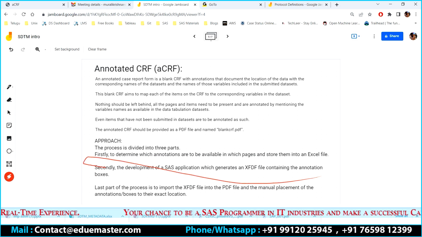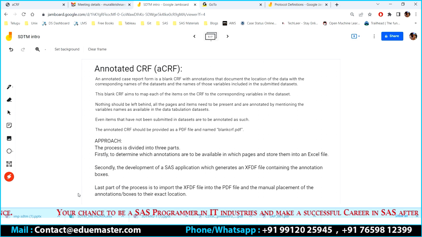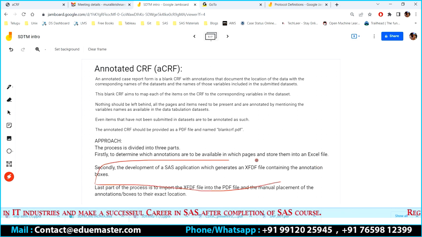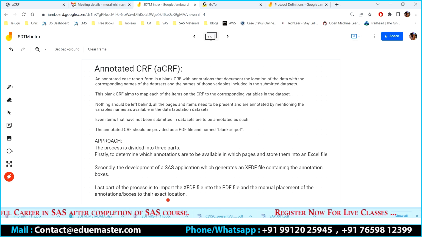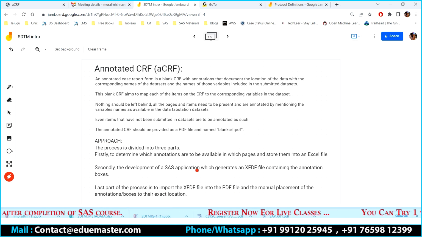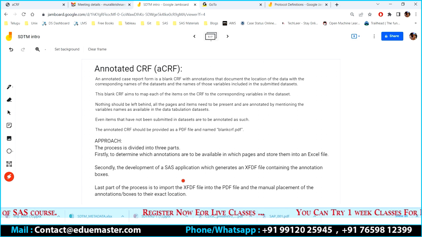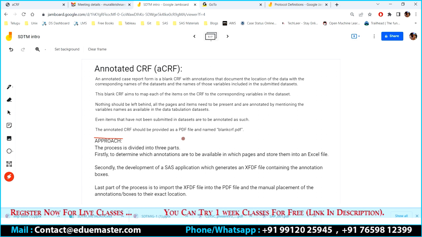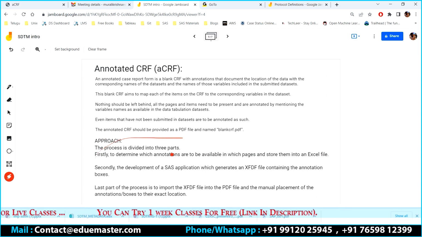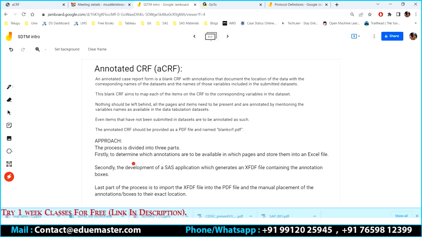A few samples are with me and I'm going to provide them. But believe me, it is different from each CRF to the other, and it may not be useful. Still, if you want to have a look at how I am giving this orientation details, where exactly I need to place these annotation boxes, and with what color I need to fill them, all this information we are programming using SAS itself. The SAS program details, I'm going to provide to you. Just have a look. Is that clear?